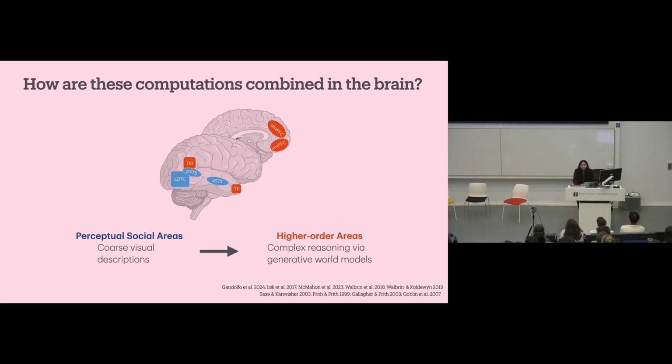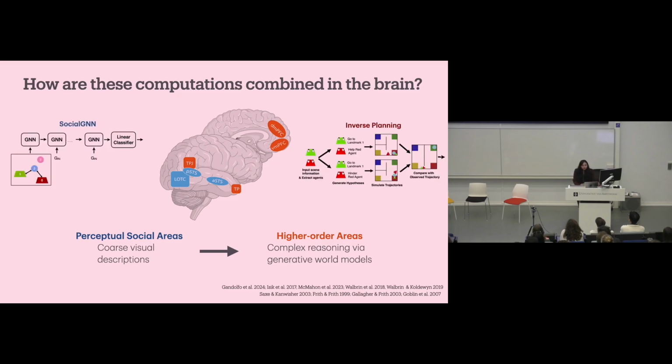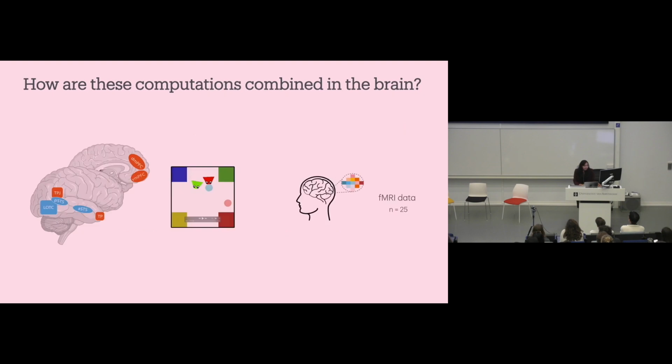However, this hypothesis hasn't been formally tested before, and one major reason is that there were no successful computational models aligned with each of these theories. But now we can use social GNN and the inverse planning model as instantiations of these theories to test this hypothesis. Okay, so in a pre-registered study, we showed participants videos of social interactions, like the one I showed here,